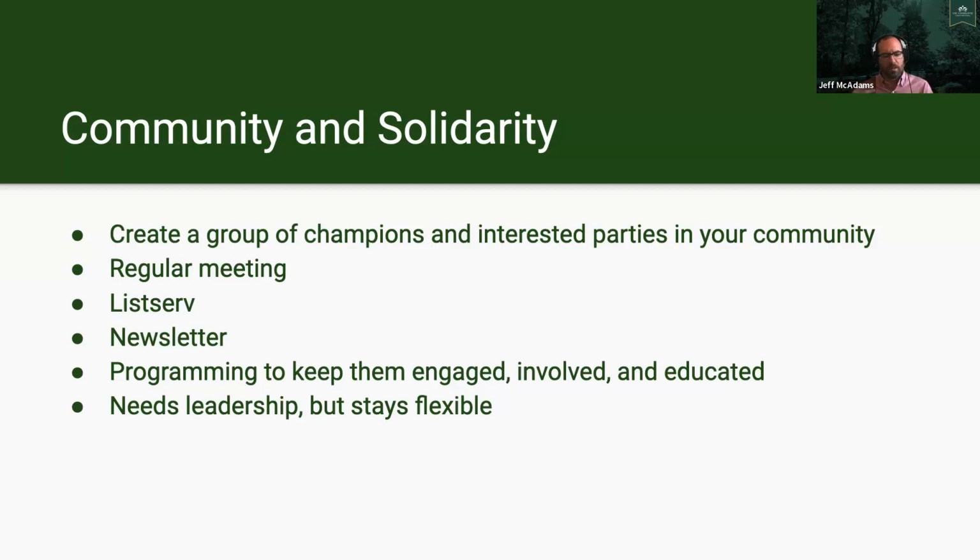Let's say one of the services you're committed to is editing and helping with design. You could talk about, here are the trainings for this, or here's a new open source software that helps you out with this, or here's